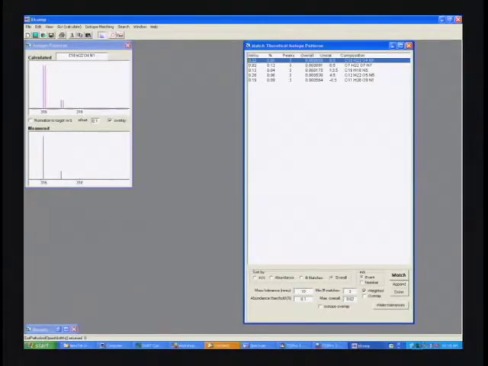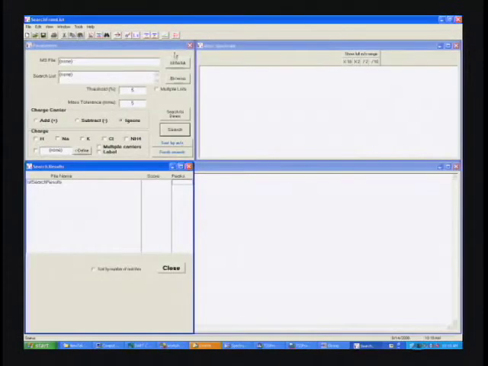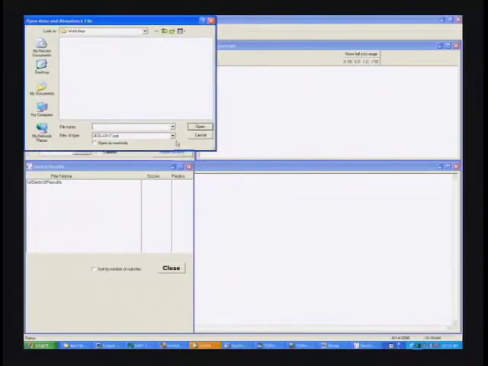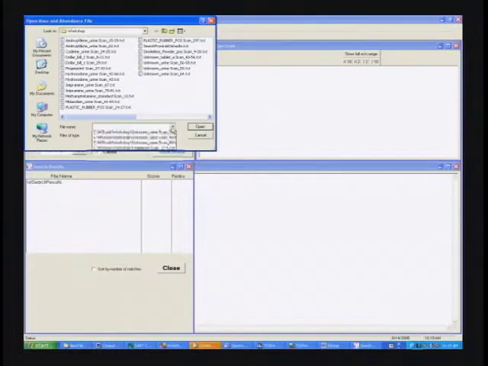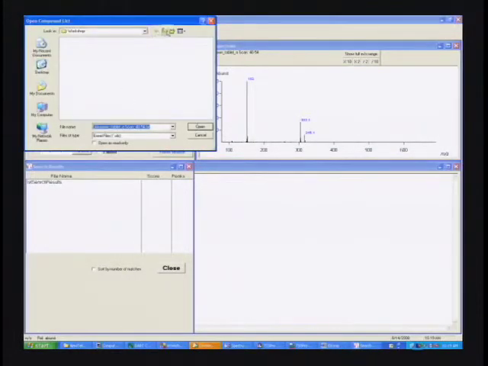So now we've treated both of those measured masses as unknowns, and we've identified their elemental compositions and proposed candidate compounds. Another possible way to do this is to assume that we're looking for drugs and use a program that would label any compounds found from a list if they're found in a given sample. So we'll take the same spectrum we just measured and look at it in a different program, and then we'll take a list of drugs